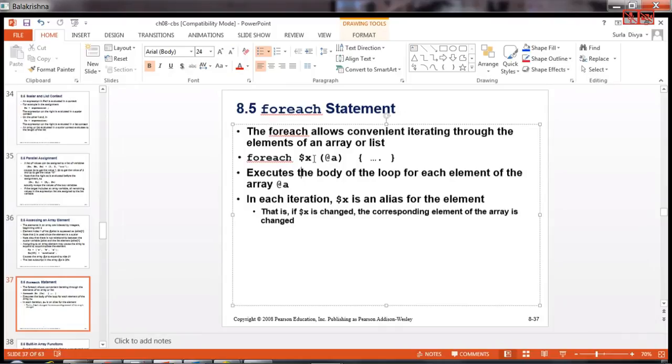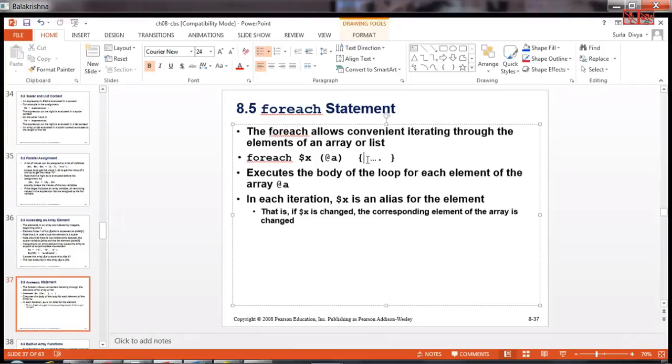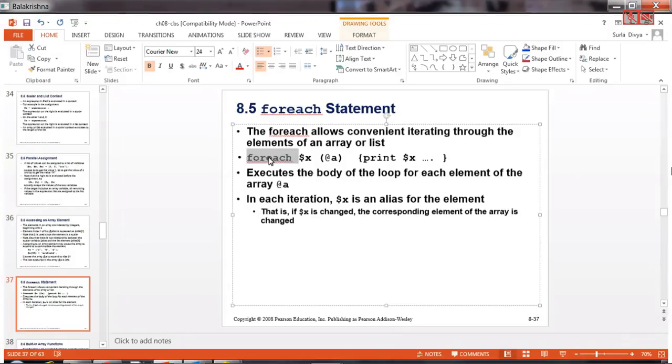So now what will this do? It will iterate over the entire element list in this array. And if I do some print option here, some print $x, but actually if you want to print the given array, you need not use foreach every time. Provided you want to do some operations on that array list, then you have to use foreach. Otherwise, if you want to just print what is in the array, you can do print @array. It will automatically give you those values or the list.